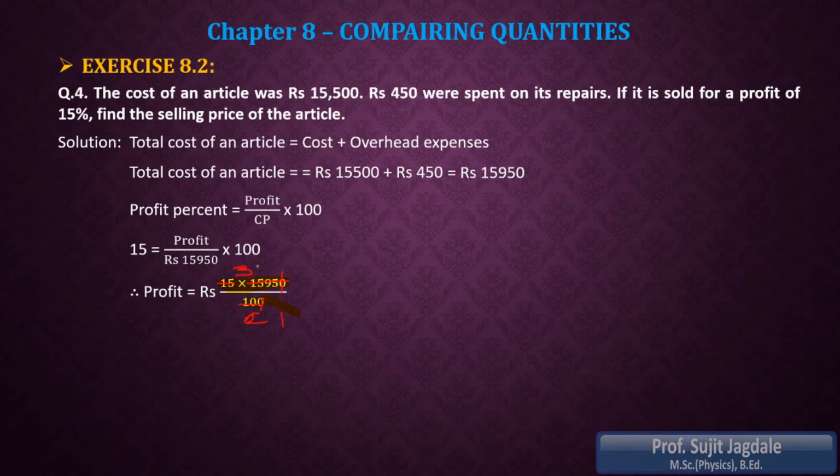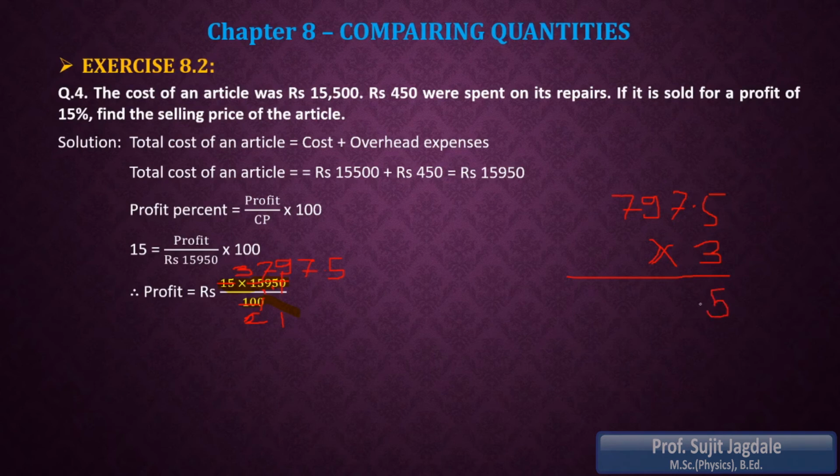So 2 1s are 2, then 2 7s are 14, remainder 1, so it will become 19. Then 2 9s are 18, again remainder 1, so it will become 15. Then 2 7s are 14, 1 is remainder, decimal point is there, and 2 5s are 10. So 797.5. Now 797.5 into 3. So you can take the multiplication now, very easy it is.